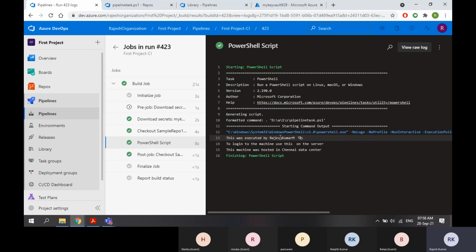and the build picked the latest source code, whatever change you have done, automatically. Even the build was not started manually. The moment you changed the source code, it picked the latest code and it ran the build and it is showing the latest output without the hello world line. Why? Because you removed it from the source code.